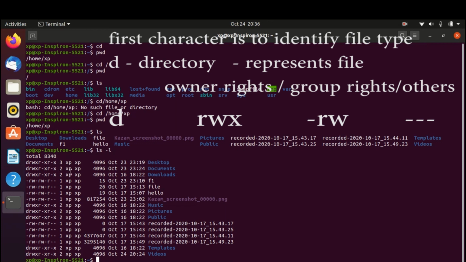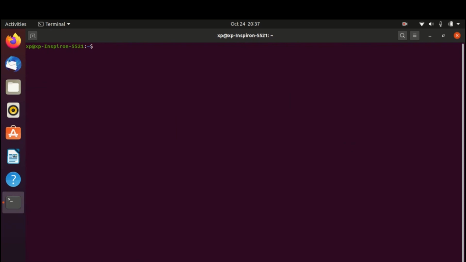Executing is not possible for the other group users. And others means users other than group and owner, there are no rights, minus, minus, minus. But here you can see minus x, that means only the execute right is there. For some there will be r minus minus.